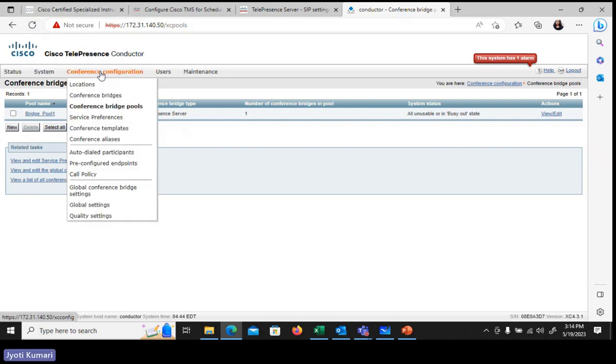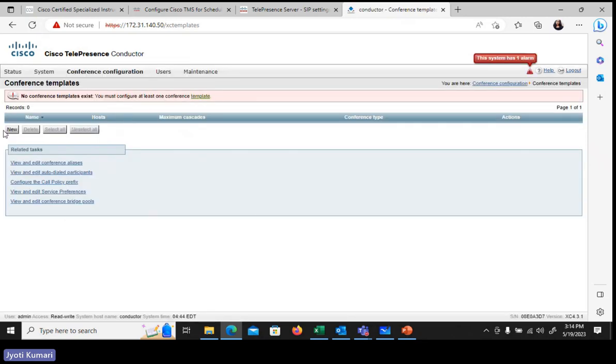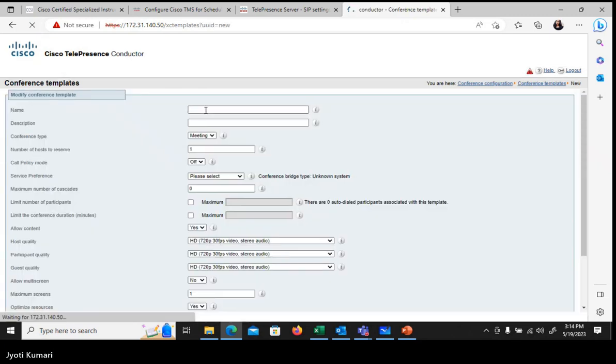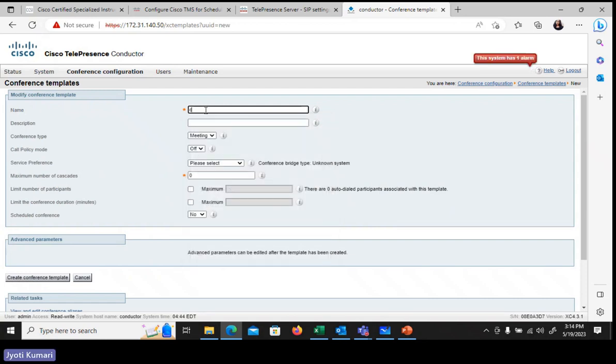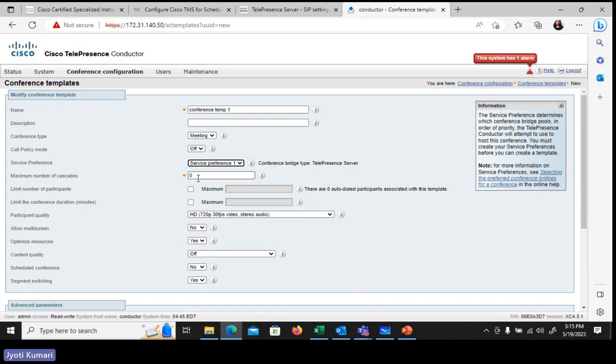All right, next, let's see from the configuration standpoint. After preferences, we need a template for the conference. So we'll create a conference template, add new, any template one, description, it's meeting, policy mode not required, service preference one, number of cascades,